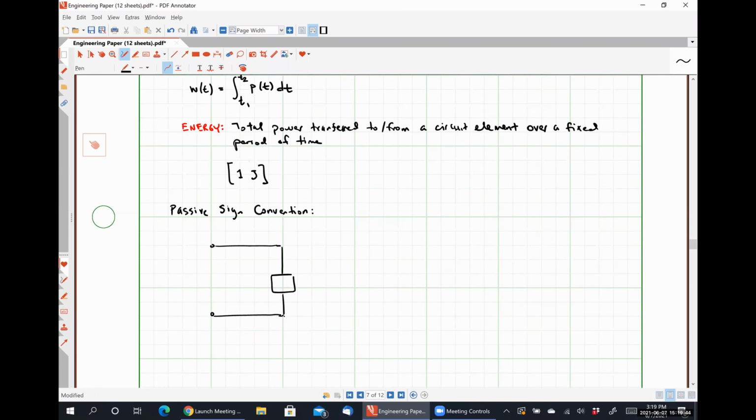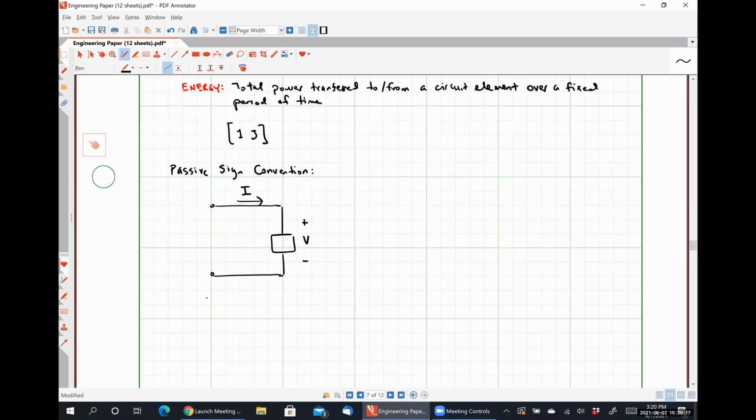Let's say that my voltage has this particular polarity, positive polarity terminal on top, negative polarity terminal on bottom. And my current, I, is flowing into the positive polarity terminal. Under this convention,